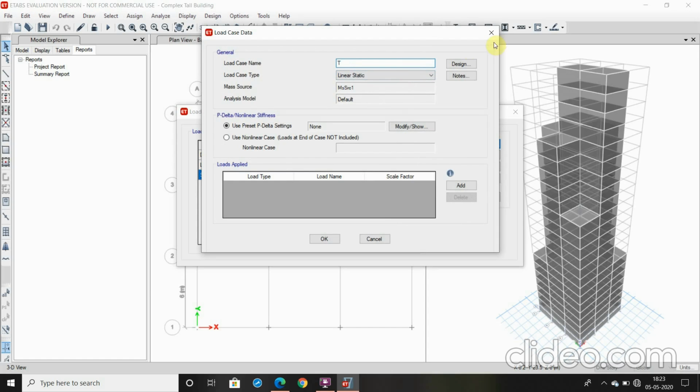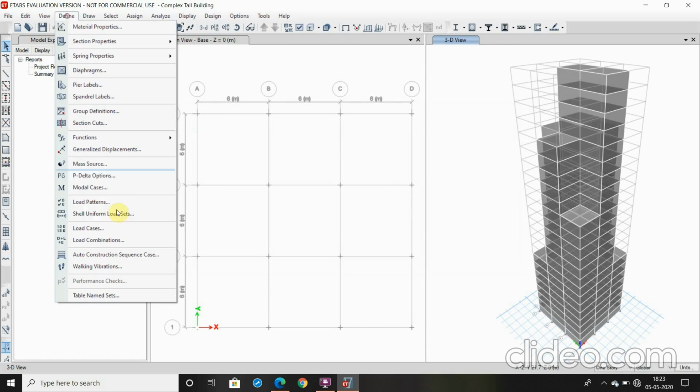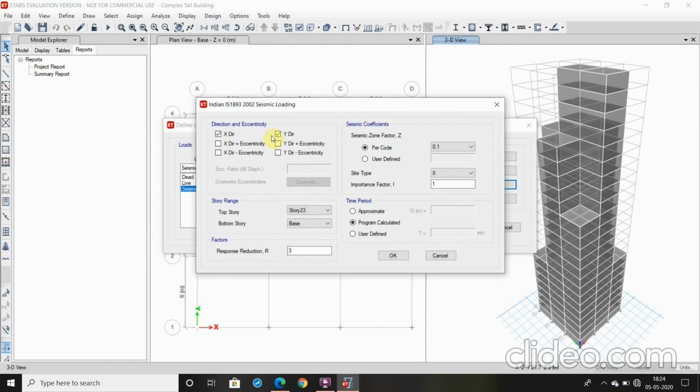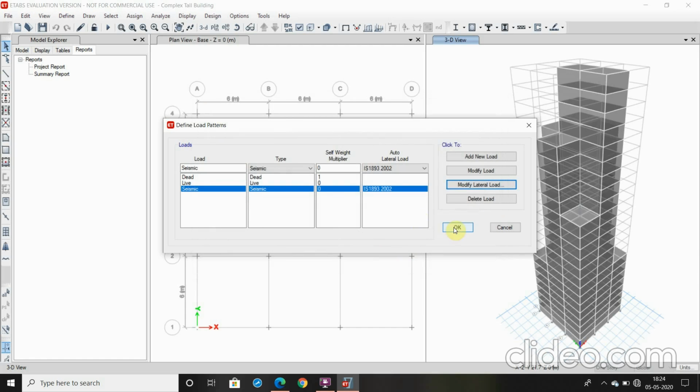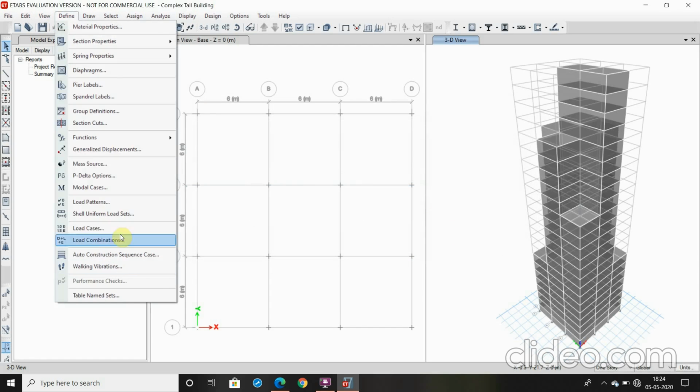OK. So here we will do one thing. In the seismic, we will select only the x direction as the time history acceleration is only present in the x direction. So we will go to load patterns, select seismic load, modify lateral load. Here we will select only the x direction, then click on OK. Then click on OK. Now we will go to the load cases,